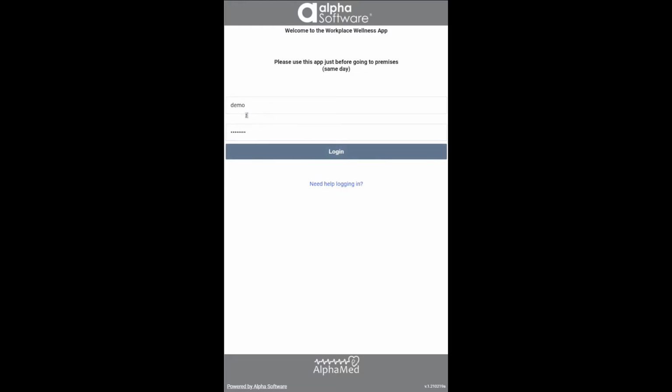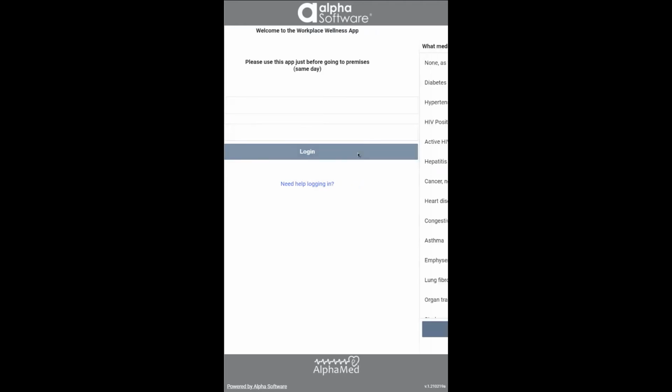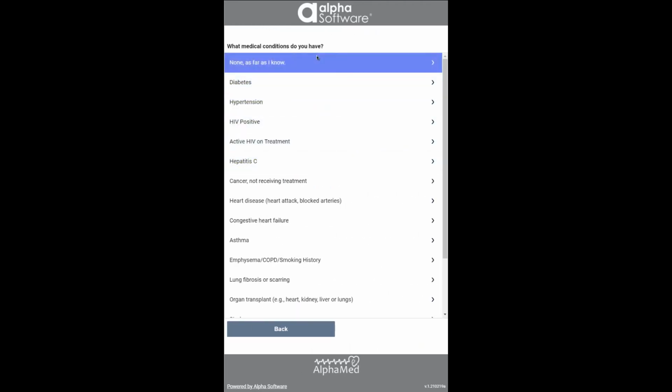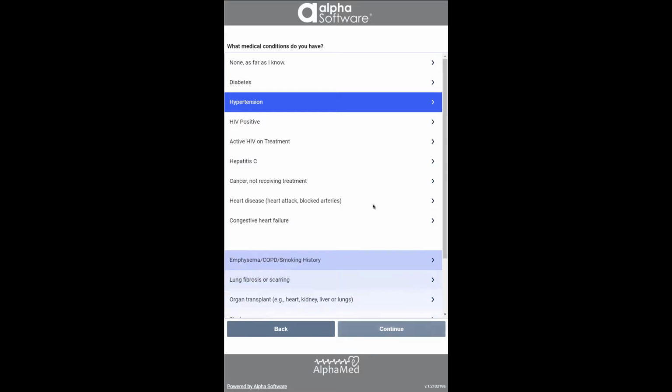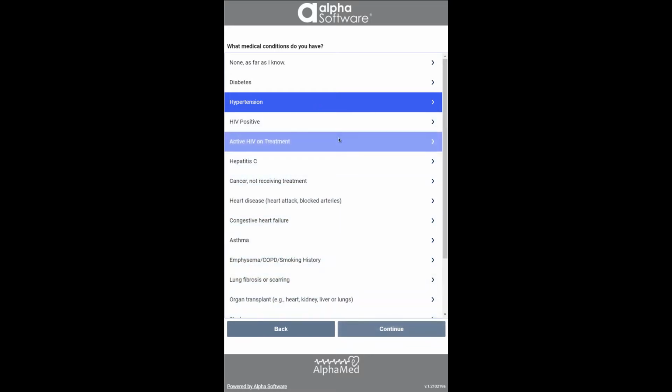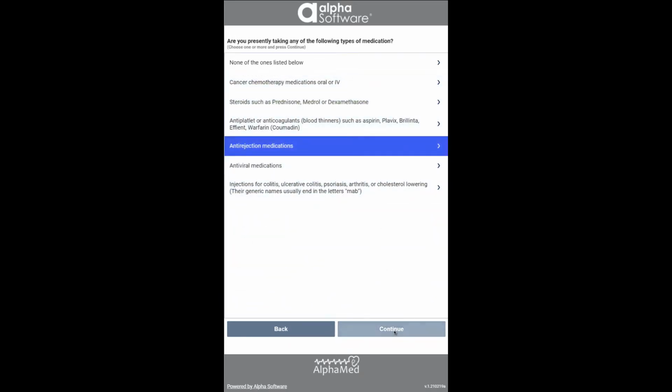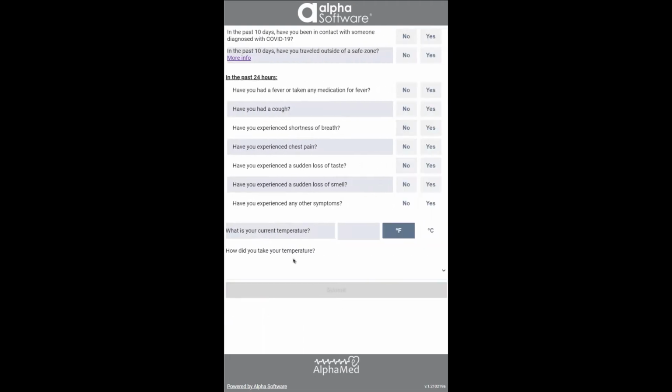So we'll start by simulating the login of a specific user in a demo account that we have here. When logging in for the first time to the application, the user sees a two-screen questionnaire related to medical conditions and medication. The answers to these questions affect some of the results that might come out later based on the screening questions and events for this employee. So we fill in these two screens of questions,